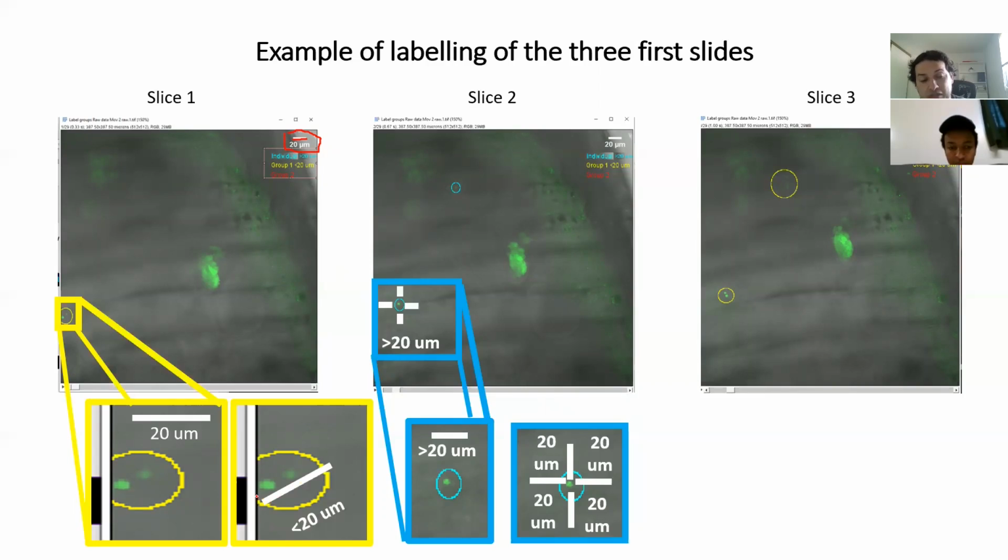Or you can just measure the distance here. And if this is 20 micrometers, ImageJ will tell you that this is 8 micrometers. So the distance is relatively close. While in this one, here are the 20 micrometers, and in the radius of this, there is nothing. So 20 micrometers here, 20 micrometers in this direction, 20 micrometers in this direction, there is nothing. Yeah, and this is just a fast way to test